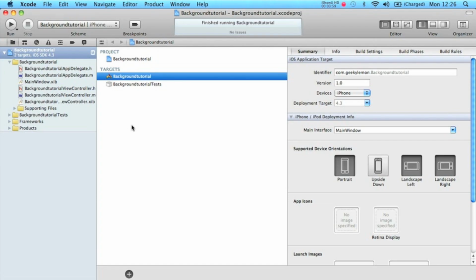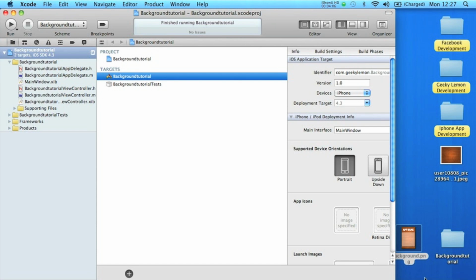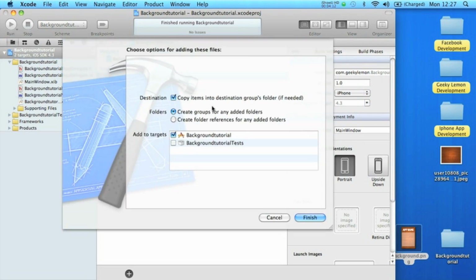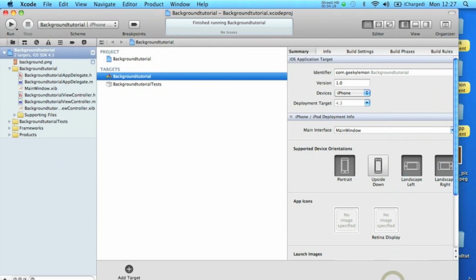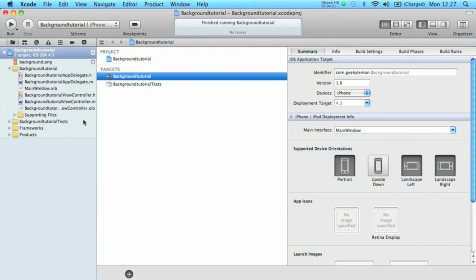So I've got my project all set up already. It's a view-based application for the iPhone and I've simply named it Background Tutorial just for the purpose of this video. So now what we want to do is drag our image into our project. Make sure you copy it to your destination group folder just in case you need it later on in your project. It's always there for backup anyway. And just before we add our background image to our XIB, just go to our ViewController.xib. I'd just like to show you quickly